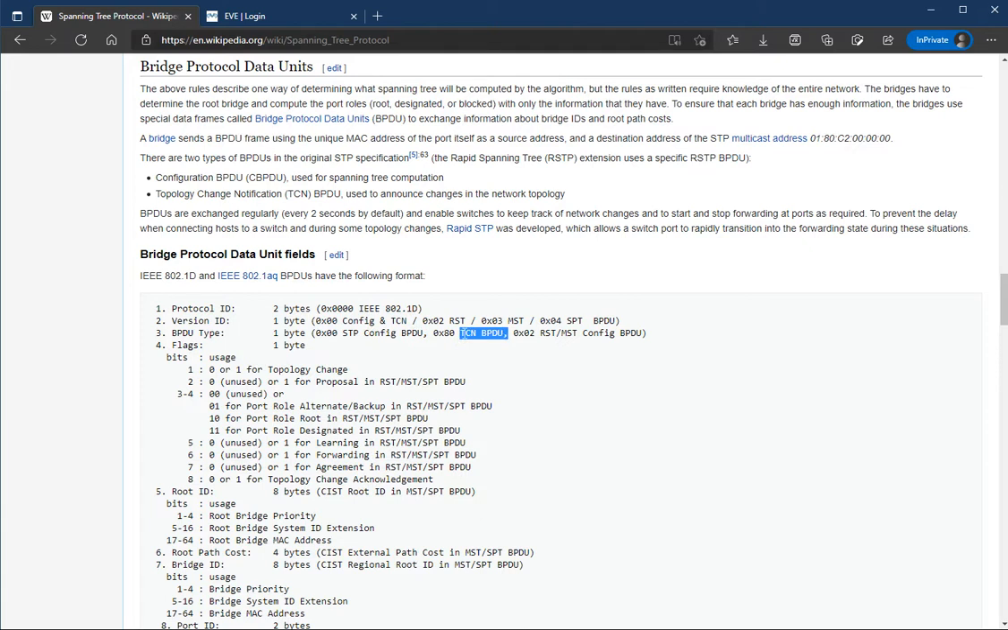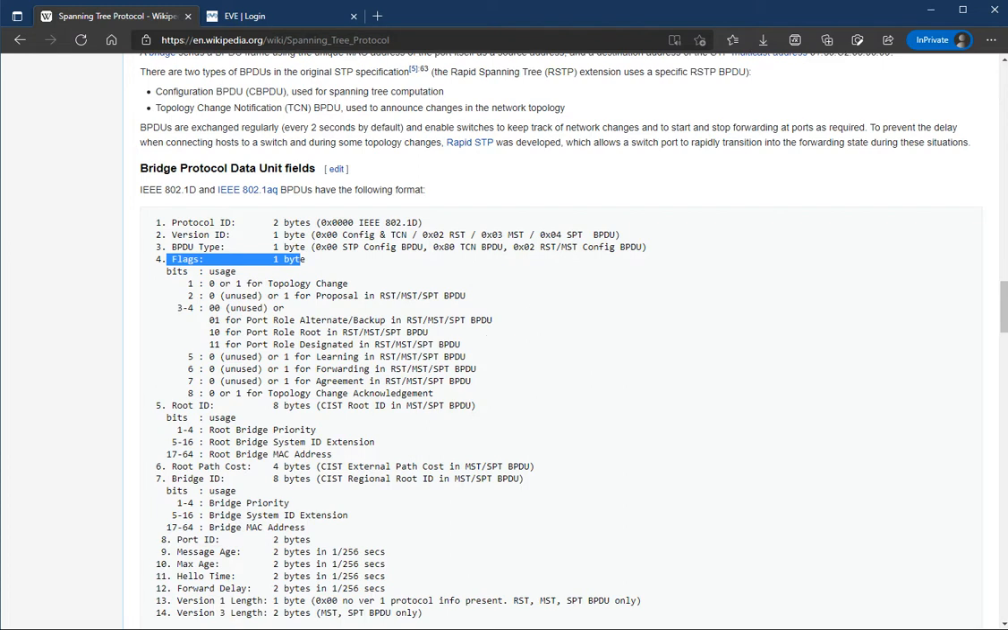TCN BPDU is topology change notification. Whenever there is any change in the topology of the network, switches will generate a TCN BPDU, which is normally generated by non-root switches, and configuration BPDUs are always sent by root bridges to all the switches. So the BPDU type is 1 byte, and the flag is 1 byte, and after that we have more details